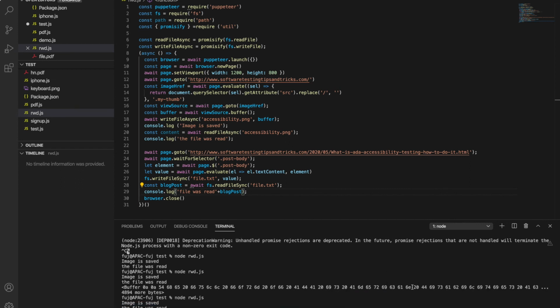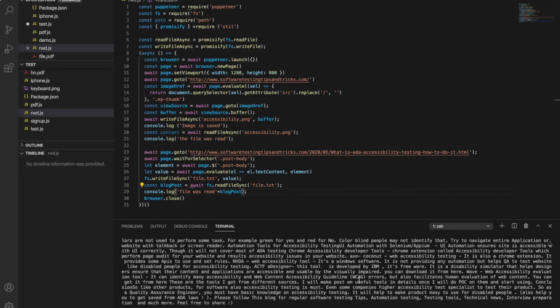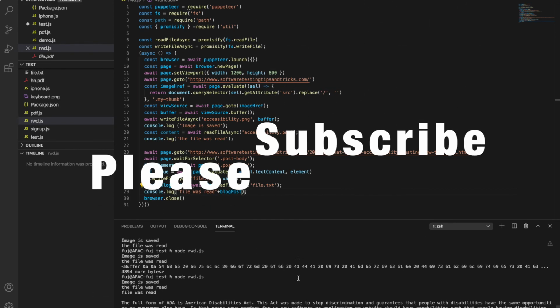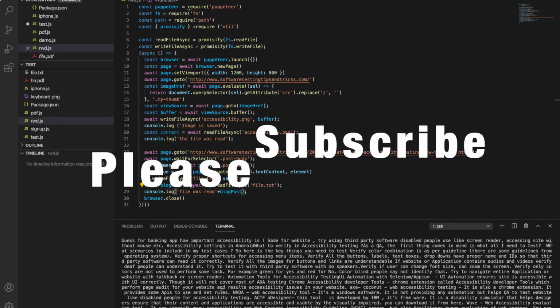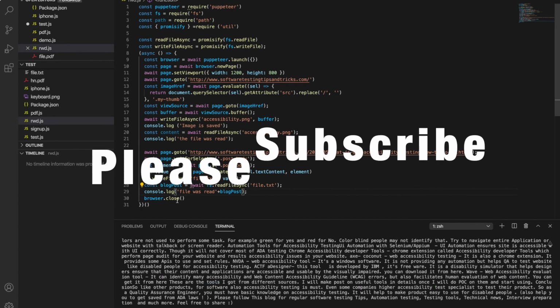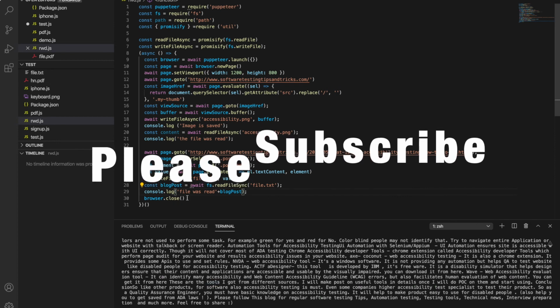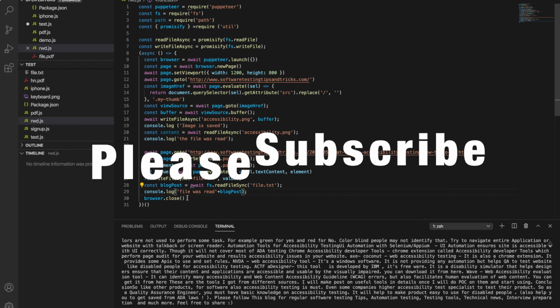So there was some issue with PDF. I think a PDF file can't be read, not sure. Okay, so the text file is getting read properly, and we got the full article in the read. So this is how you can read and write files using Puppeteer.